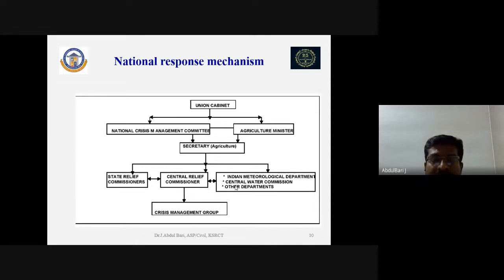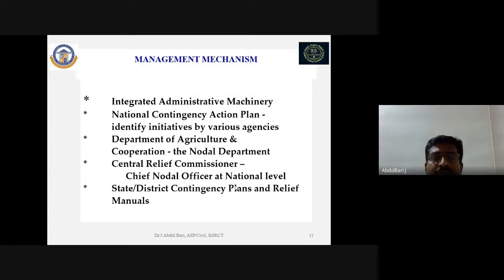And a crisis management group will be formed by all the state relief commissioners or central relief commissioners, and the Indian Meteorological Department, and all will be working together in order to have effective disaster management. Management mechanisms will involve the following activities, that is, integrated administrative machineries. The National Contingency Action Plan will be identified by the initiatives of various agencies and the Department of Agriculture and Cooperation by